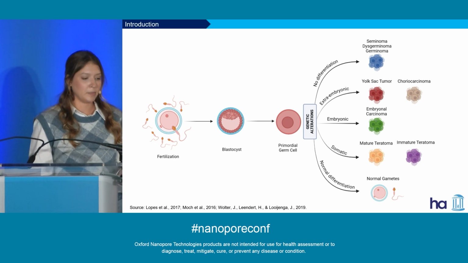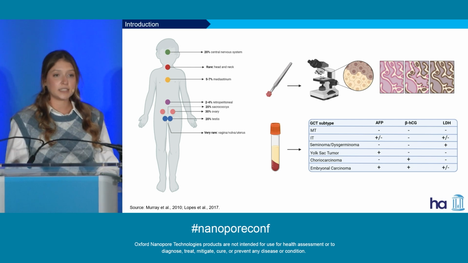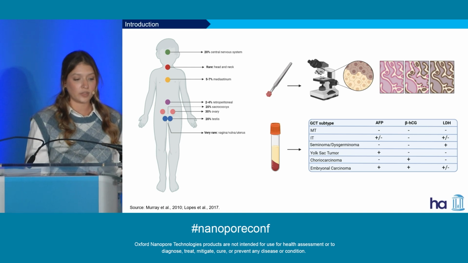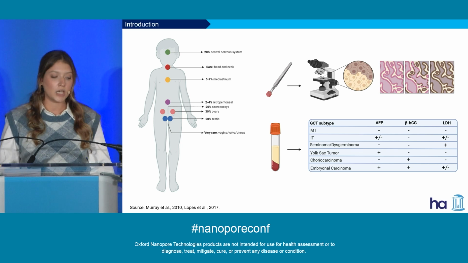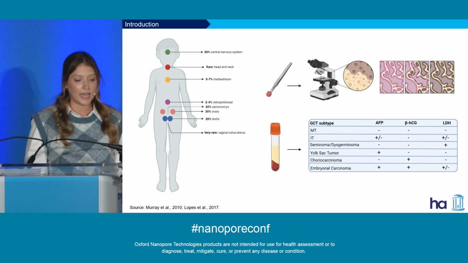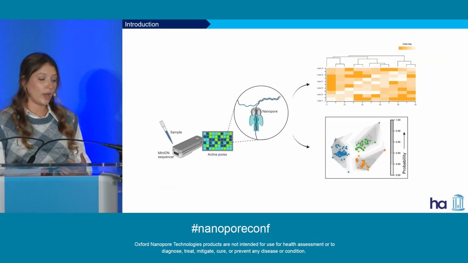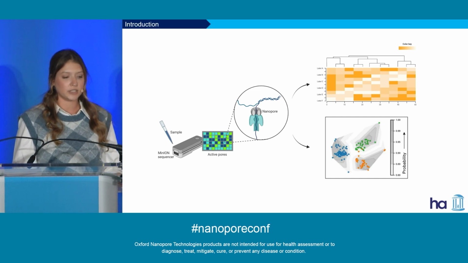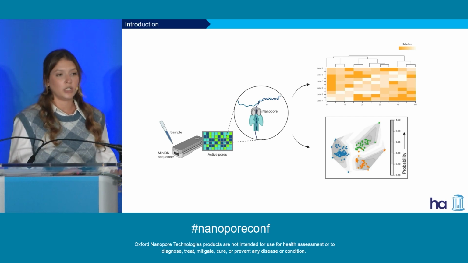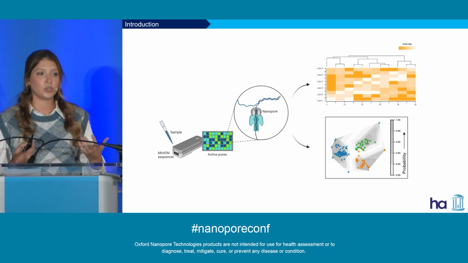of this tumor type. So they normally occur in the gonads, like ovary and testes, but they can also occur along the midline of the body, and their diagnosis is normally performed with a pathology report from a biopsy and can be corroborated with some serum markers like alpha fetoprotein, beta HCG, and LDH. So here we aimed to explore whether nanopore sequencing, RNA sequencing, could give us gene expression patterns specific to each unique subtype of germ cell tumors, and whether we could use that in a machine learning algorithm to classify those